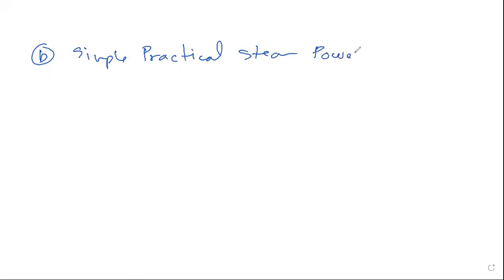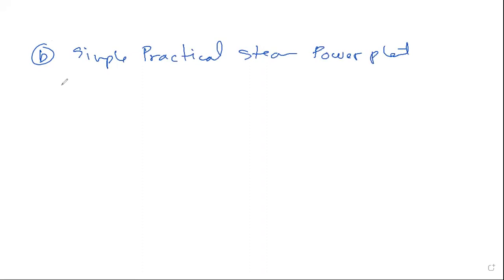Okay, so letter B, we're going to calculate the efficiency for a simple practical steam power plant. So first, we're going to use the efficiency. Both the pump and the turbine have an efficiency of 0.75. So basically, i-calculate lang natin